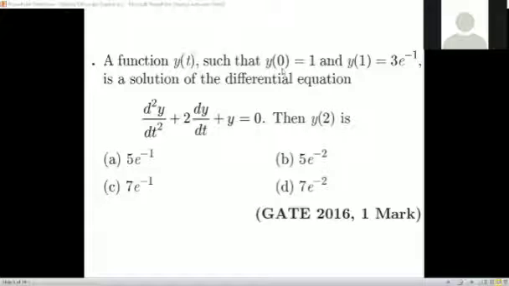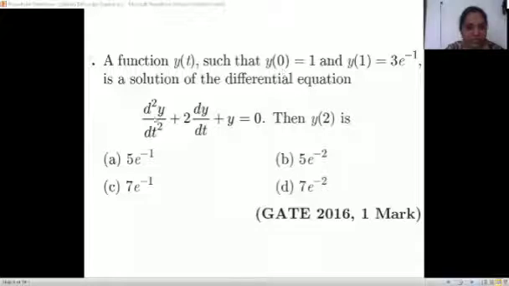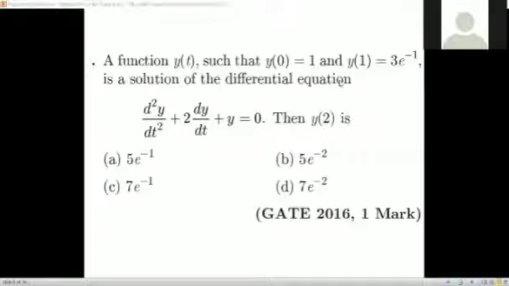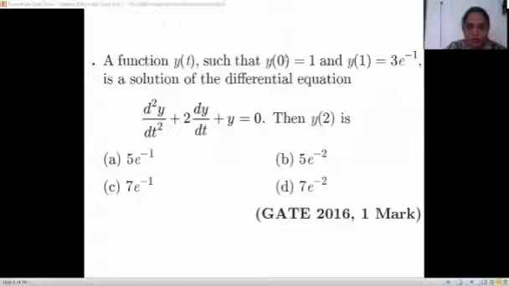y is equal to c1 plus c2x into e raised to -x. But we have to take care of the variable here. Here the variable is t. So what will we write? c1 plus c2 t into e raised to minus t. Okay, very good. Then use the condition in that. Put t is 0 where y is 1, and solve for the constant and tell me what constant you are getting.